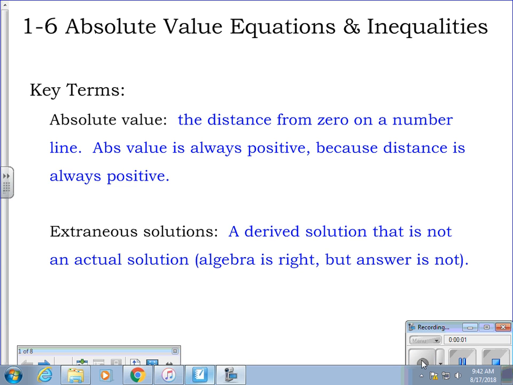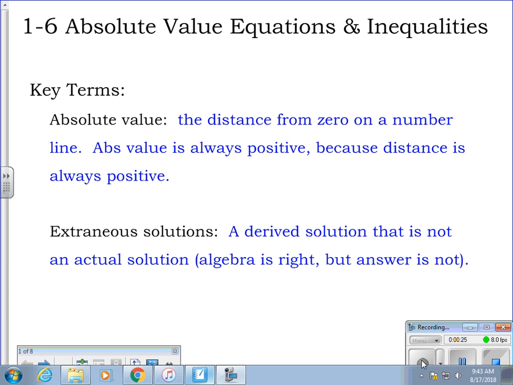Okay, so absolute value equations and inequalities. Absolute value is the distance from 0 on a number line. Absolute value is always positive because distance is always positive. And extraneous solutions. An extraneous solution is a derived solution that is not actually a solution to the original